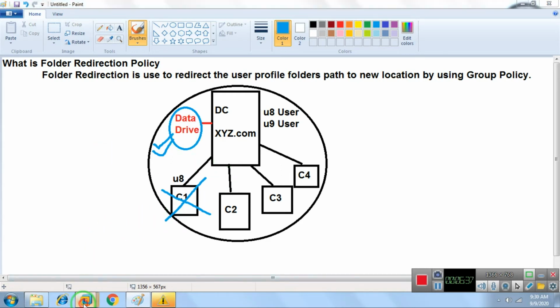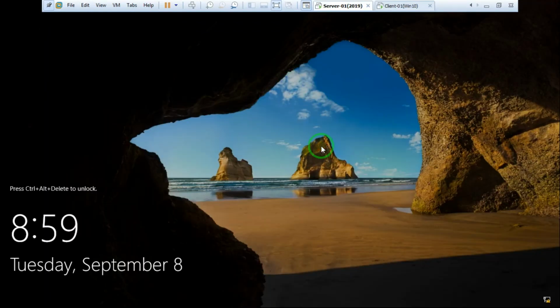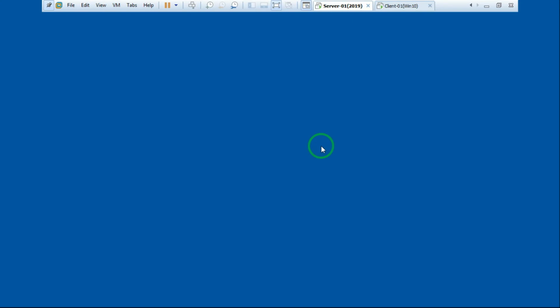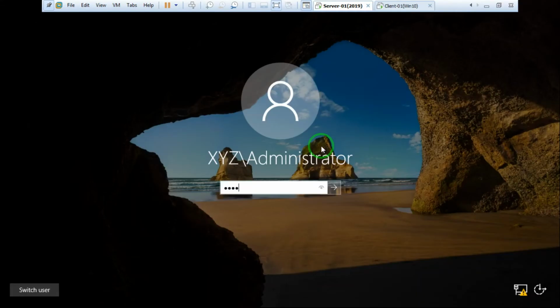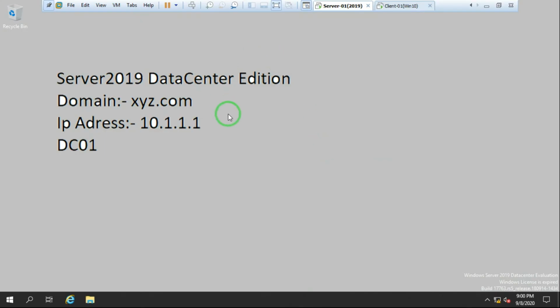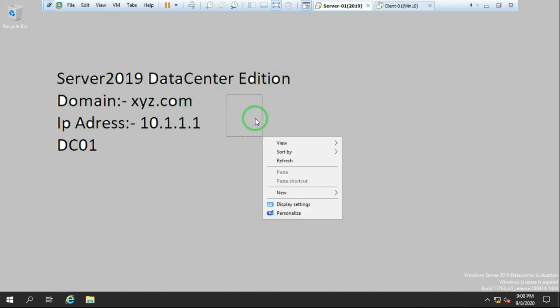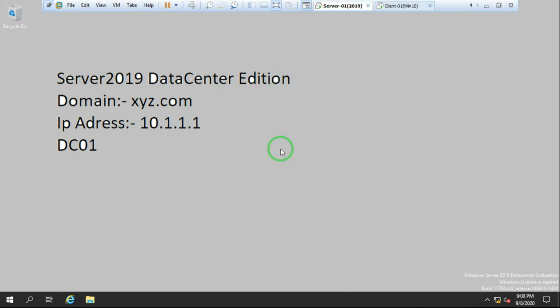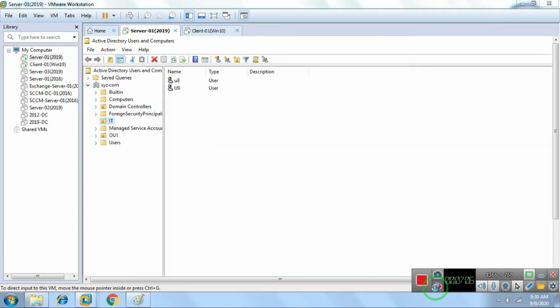Now let me open the server. This is my server. So I just log in with the server first. Now if I show you, I open Active Directory Users and Computers with the help of the dsa.msc command.